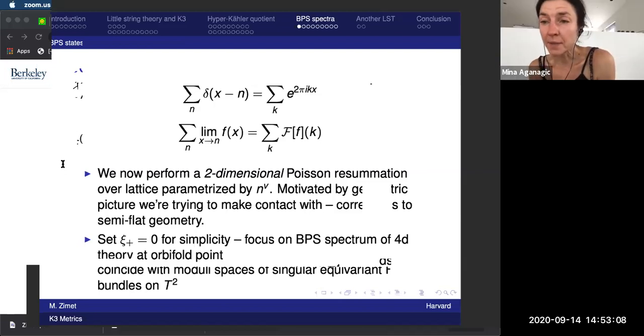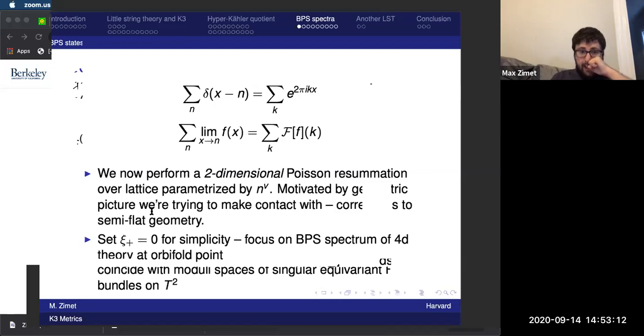Sorry, I didn't understand. The metric you got on the previous slide is smooth. Yeah, that's right. My point is the reason it's smooth is because we turn on FI parameters. If we didn't have any FI parameters on, then it would be singular. So I'm just saying we're going to turn on only the real guys, so it'll still be smooth because of that. But the F theory orbifolds whose BPS state counting problem we're trying to solve, that will just be a flat orbifold.